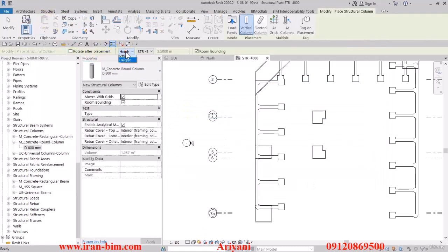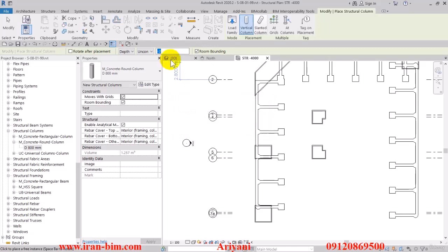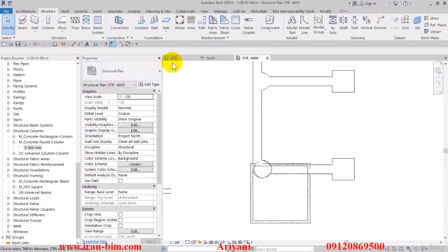So here I'll select columns and put this on depth, and then from this menu select unconnected and then put in -2 meters for this part. Alright, put in -2. Let's see what the problem is. Let's put in 2 instead for now. Alright, there we go. Then I'll click here, and then let's go to the 3D view to check this out,